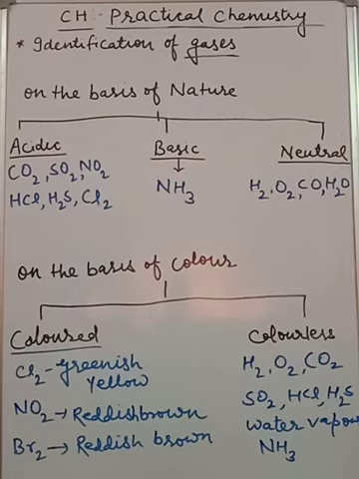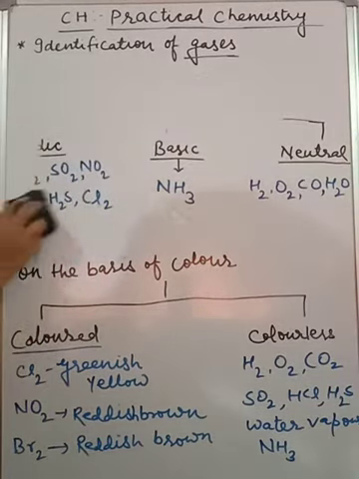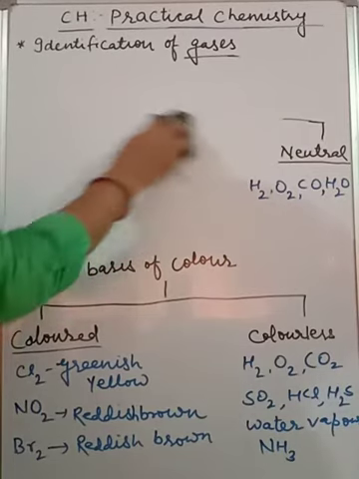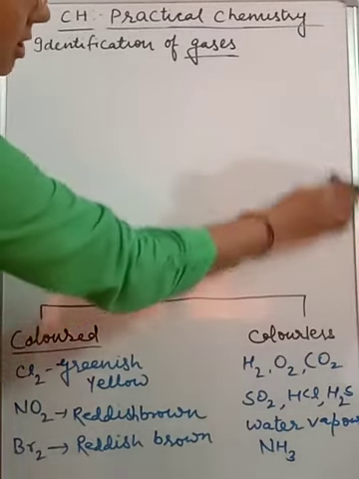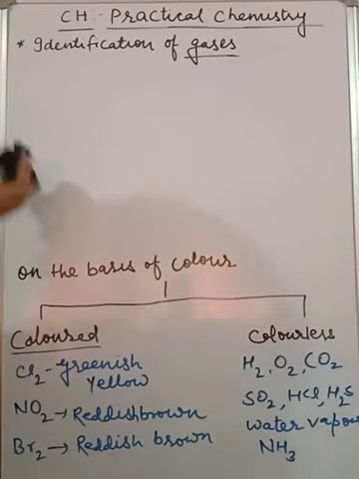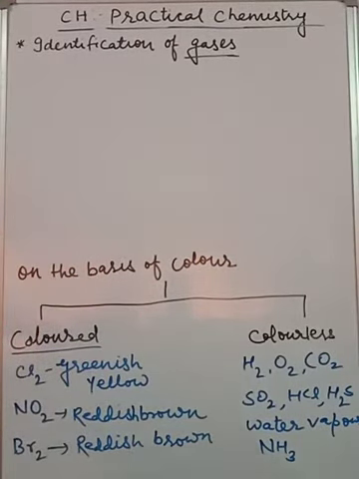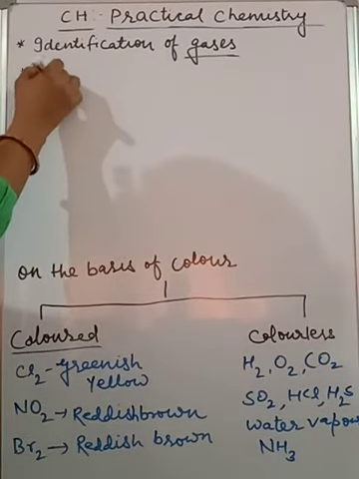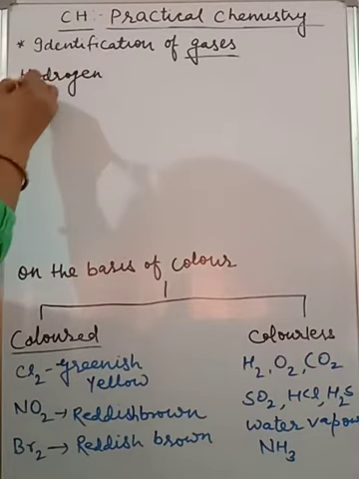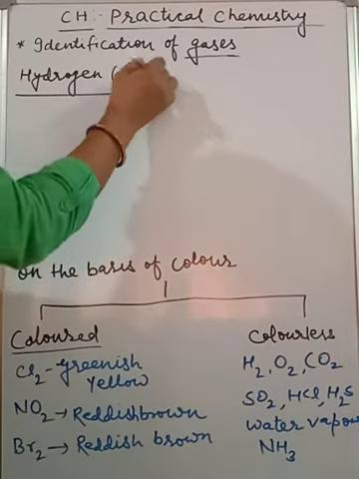Like in standard 8 and standard 7 you have done preparation of hydrogen and oxygen gas. So first we are going to discuss regarding hydrogen and oxygen only. So how is hydrogen prepared in the laboratory? Anyone? Can you recall in your mind, students? Hydrogen is prepared in the laboratory by the action of dilute acid on active metals. So first we are going to discuss regarding hydrogen. So hydrogen is H2. Most of the gases except inert gases, you know, are diatomic in nature, hydrogen.